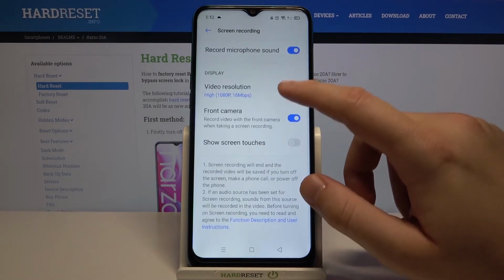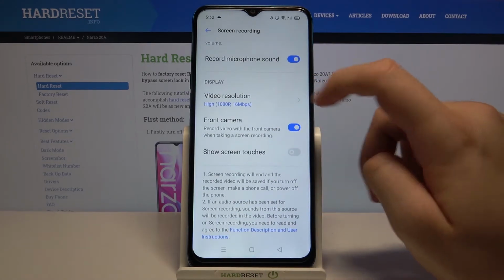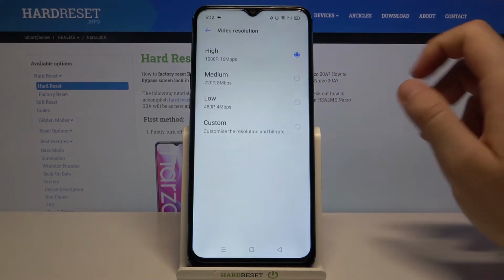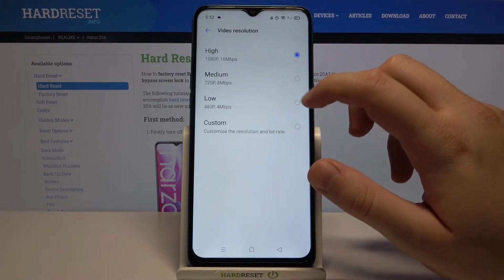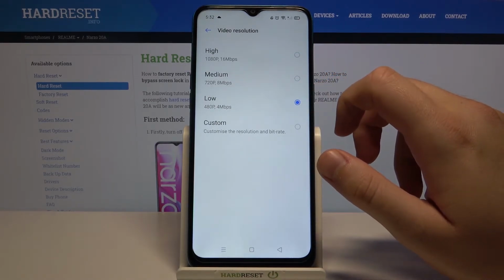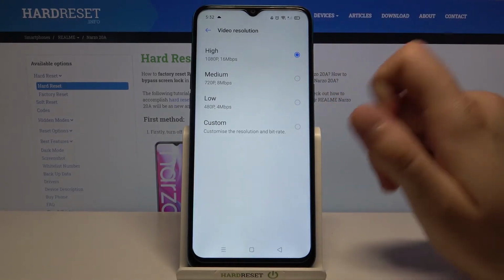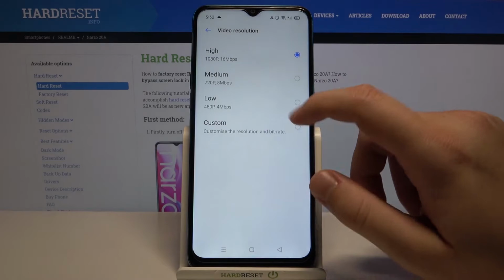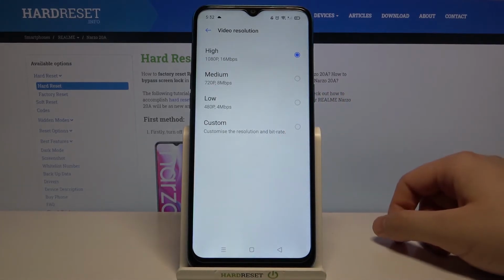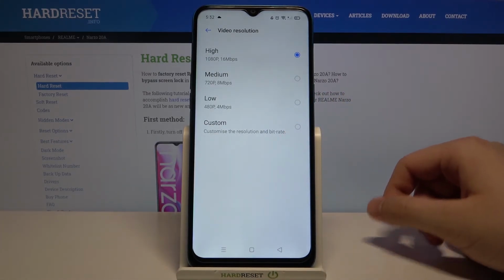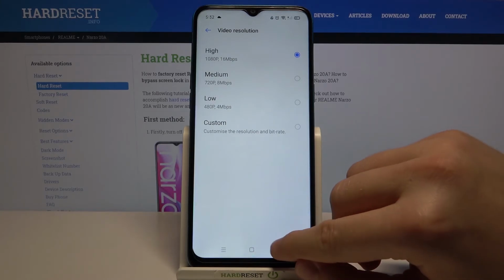And as you can see, we got the display section where we can find the video resolution. So let's tap on it. And here we can simply change it. For example, we can pick the medium settings or the high, but you can also customize by going to the custom option, and you can change the resolution and the bitrate manually. So after that you can simply go back,